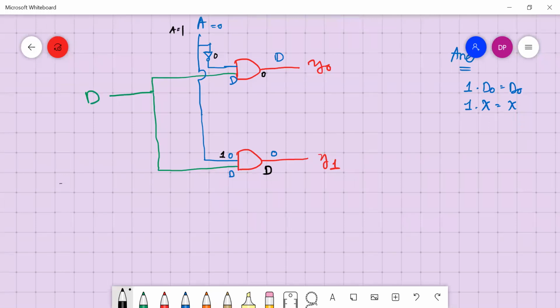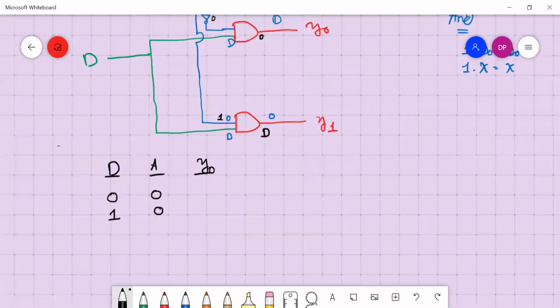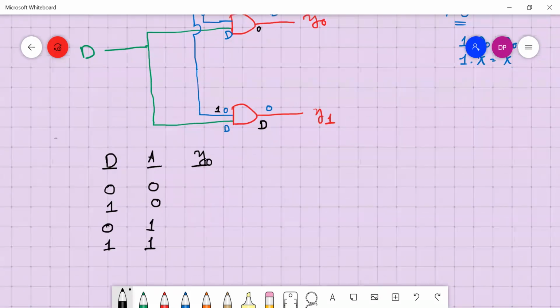D value can be 0 or 1, with A value 0 for these two rows. Then D value can be 0 or 1 with A value 1. So we have four possible cases, right?